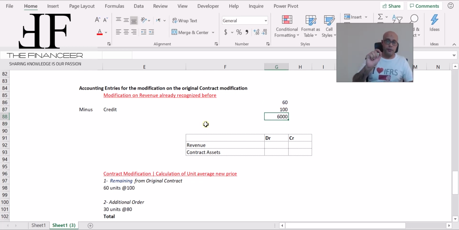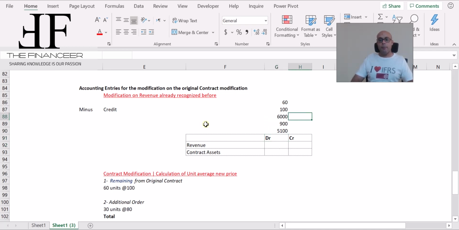Don't forget that after the delivery, there was a credit note. How much is the credit note? Actually, it was $15 per one unit of these 60 units. So the total credit note is 900. So the revenue for this batch should net to the difference between 6,000 minus 900, which is 5,100. So we have to recognize revenue here of only